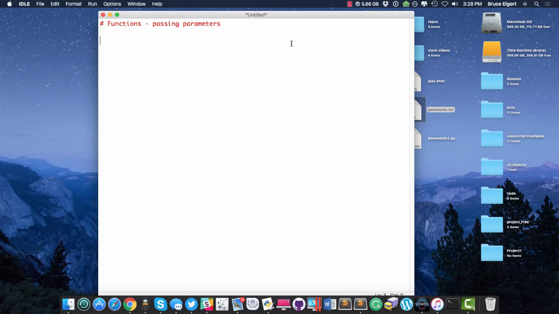So let's say you want to write a function to concatenate two names together. If I want to concatenate Bruce Elgort as two separate strings and call a function that smashes them together and prints out the value, I can do that. So let's start by creating a function called main. This is what we call the mainline